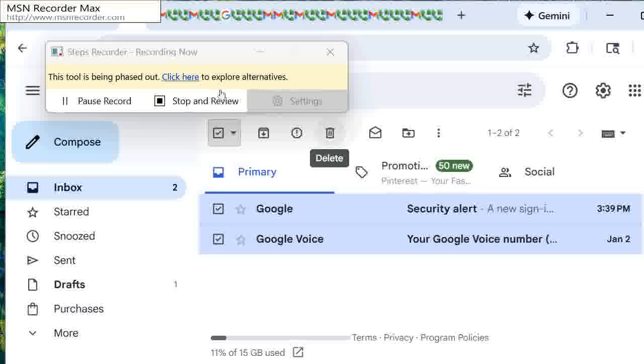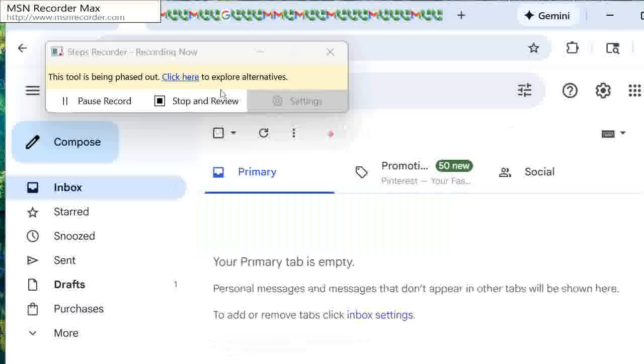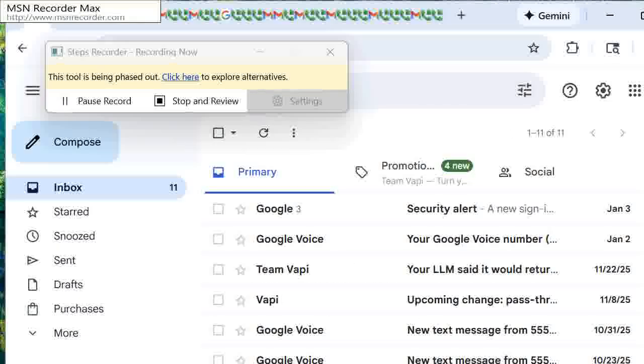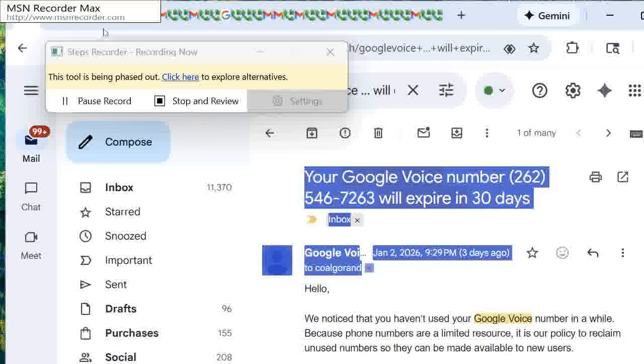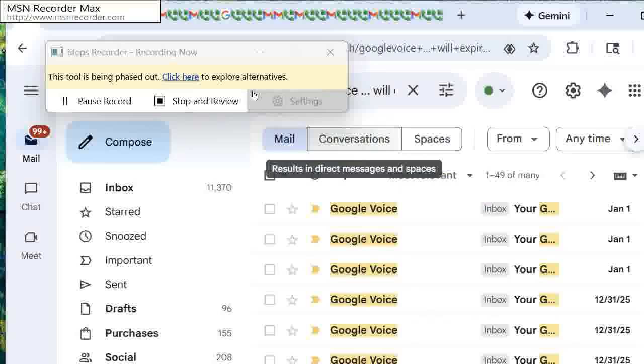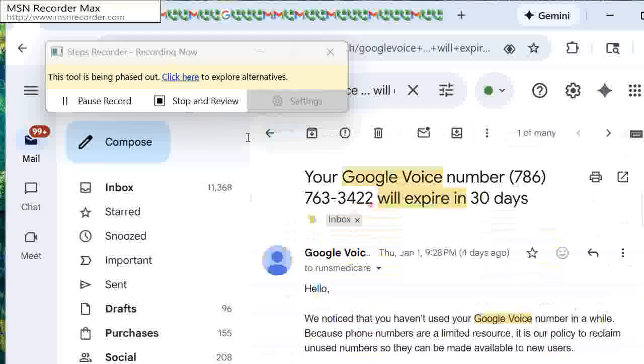Since I made an outbound call to ChatGPT, it will no longer expire. And then I go physically to the email message that says Google Voice number will expire and delete it too. And now it will no longer expire since I made an outbound call. And at this point, I'm ready to click on another Google Voice message to deal with another